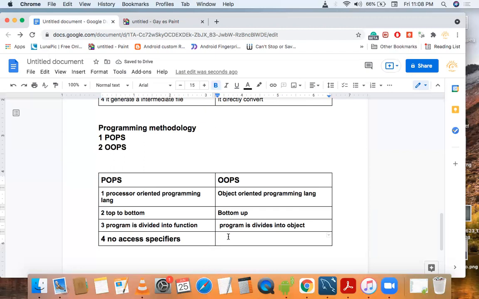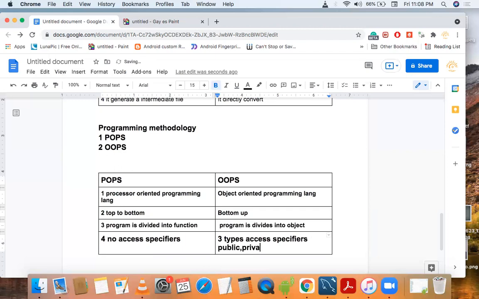OOPS has three types of access specifiers: public, private, and protected.